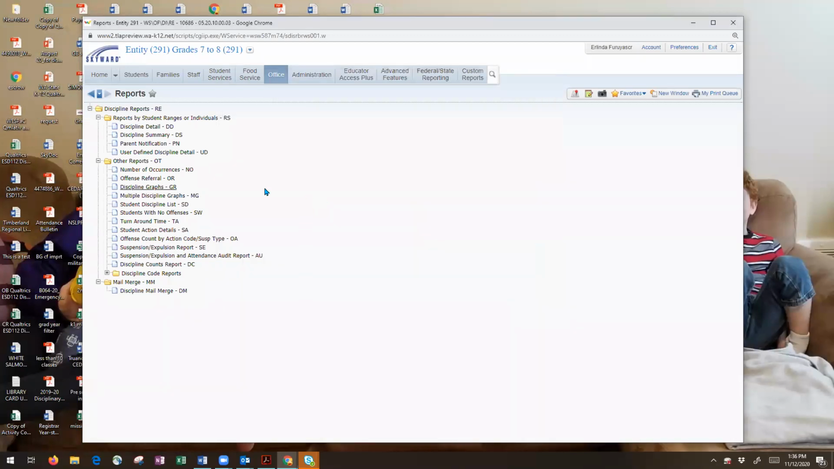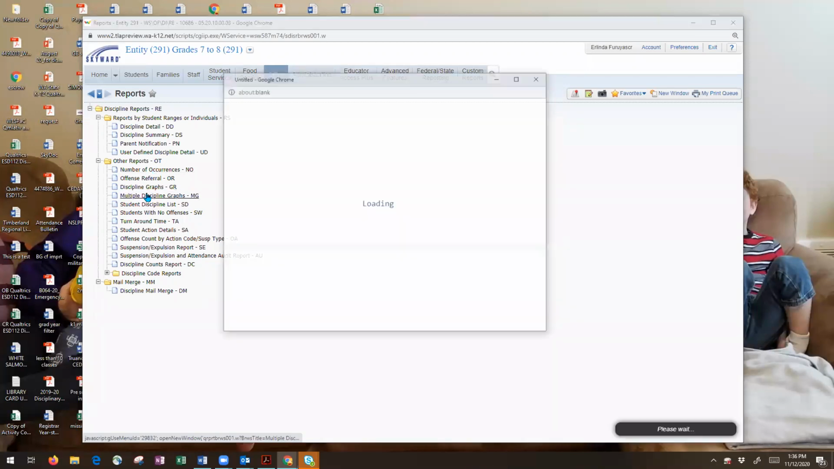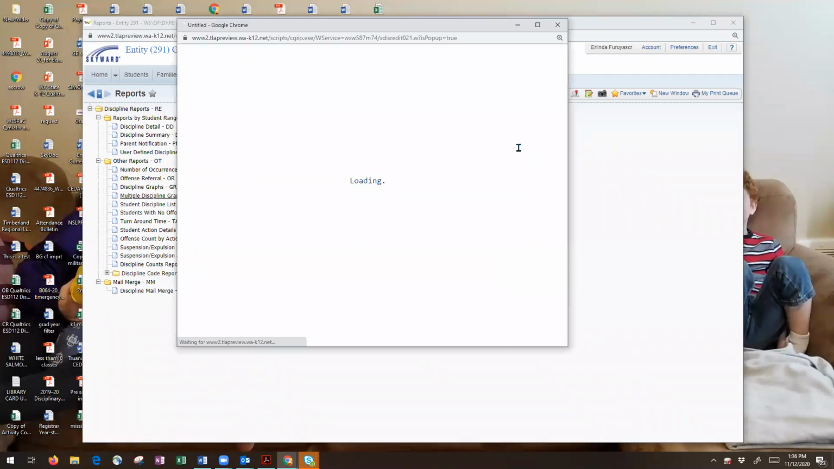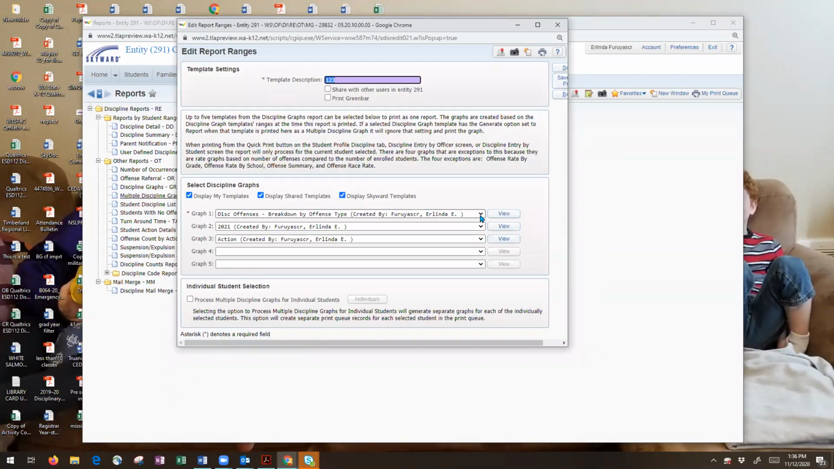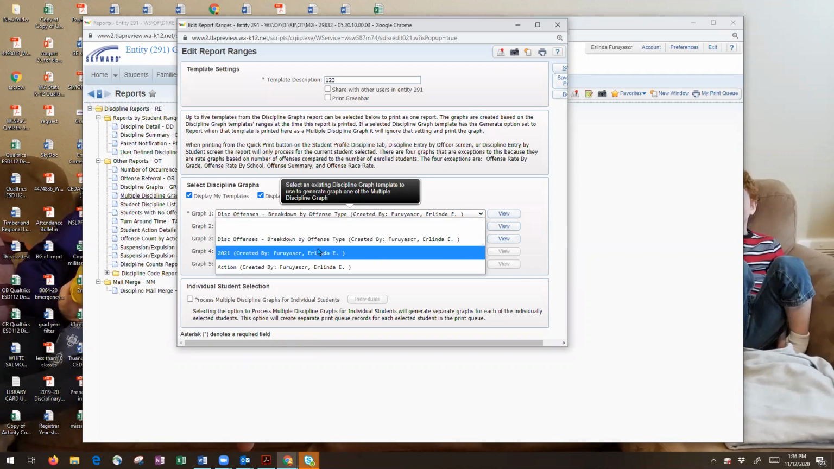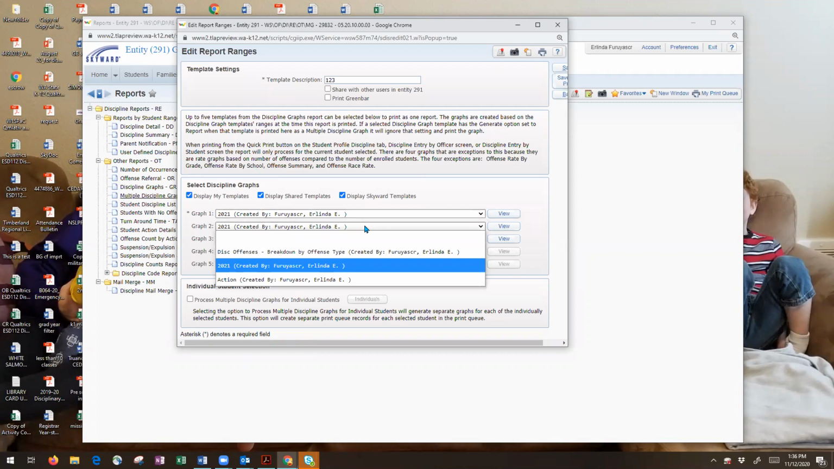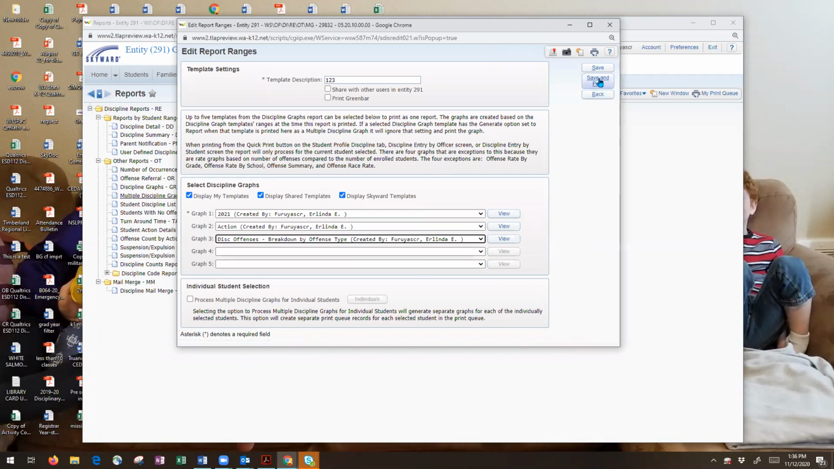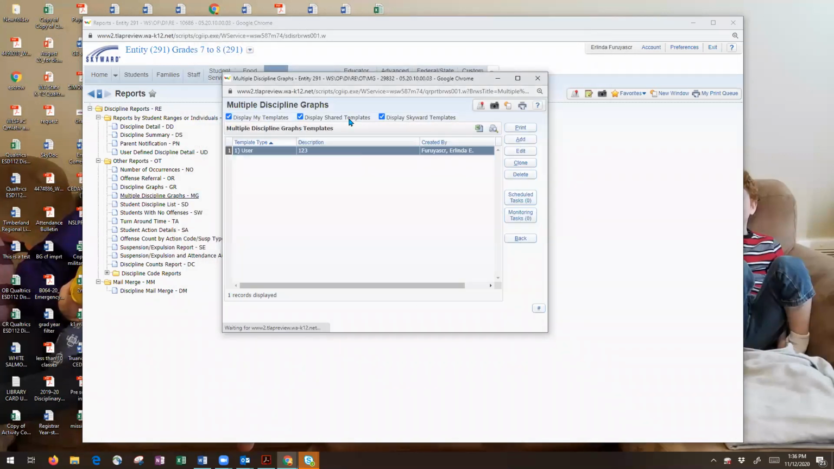Now I'm going to do this. So now what you can do with those reports is I can come in here to this multiple discipline graphs, and we can add, and we can pick which ones we want to see. So we want to see that one and that. Let me put this one at the bottom because I don't remember what I put in that. And if I say save and print,